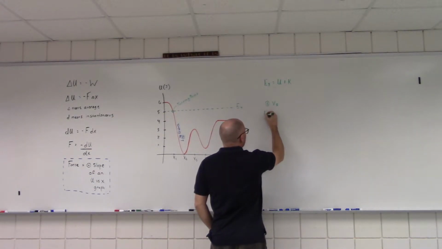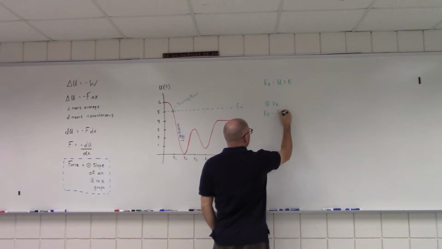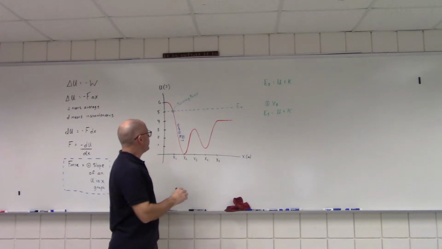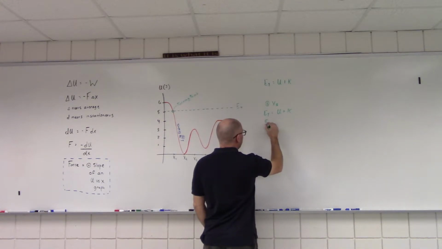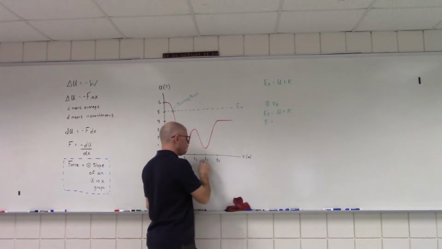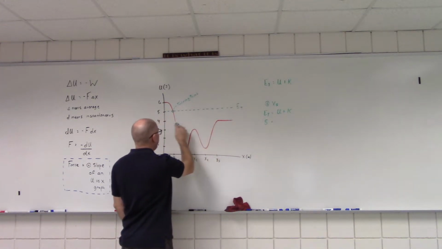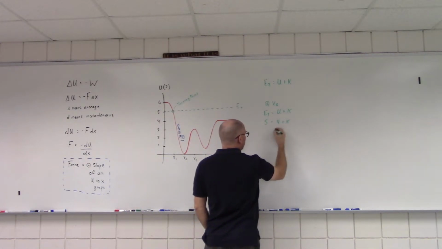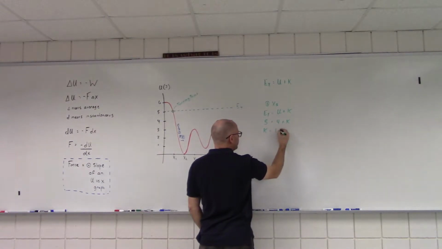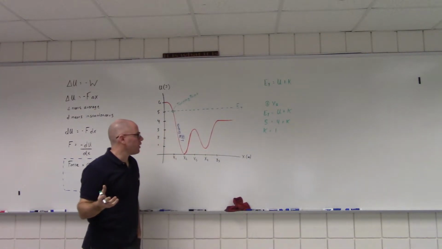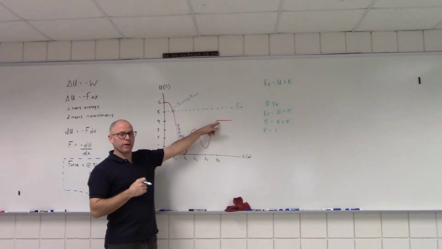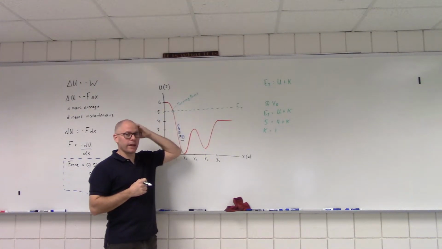We say that the total energy is equal to the U plus the K, potential plus kinetic. My total energy is still 5. What's the potential energy? It's 4. So therefore, the kinetic energy must be equal to 1. No problem. What that means is that it gets to this point right here, has some kinetic energy, which means